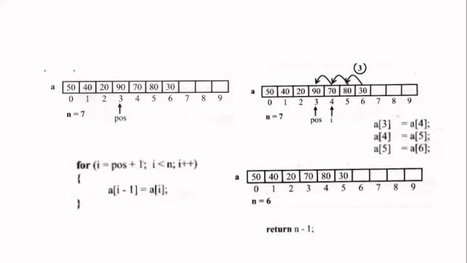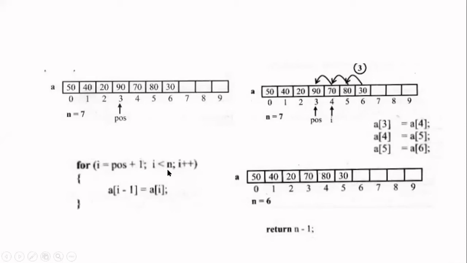After you do this, this 70 will be moved to this position. Next you have to move this data to this particular position. That means you have to increment this i, so you give i plus plus. Likewise, you are going to continue. How long are you going to continue? Till what index for i? Till i is 6. This 6 is nothing but n minus 1. So in the condition I have given i less than n.